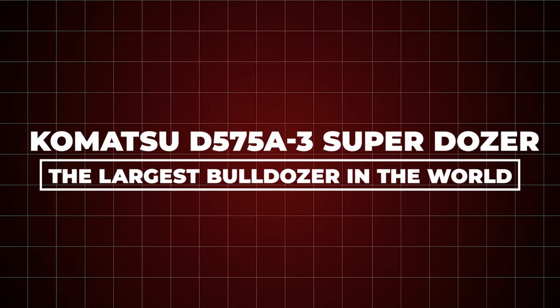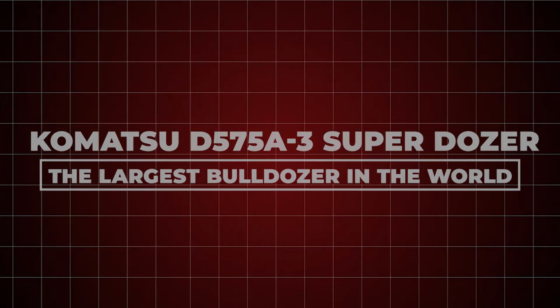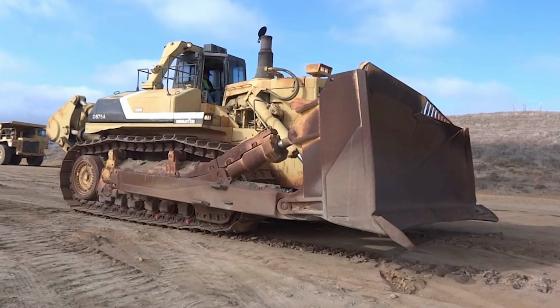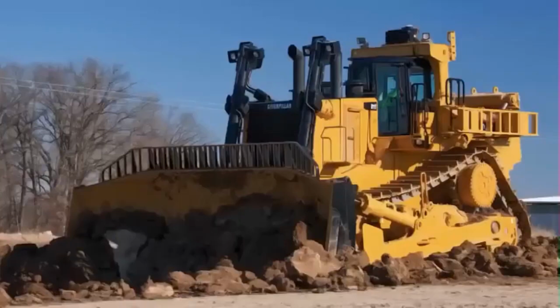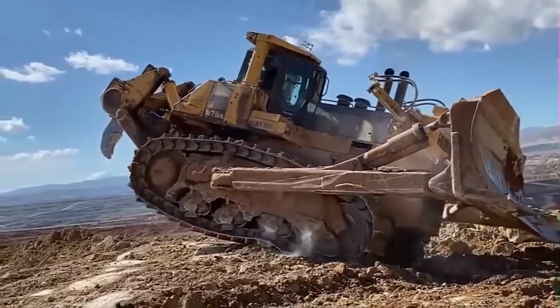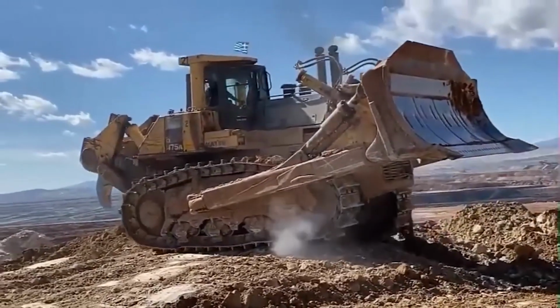7. Komatsu D575A3 Superdozer, the largest bulldozer in the world. If Earth had to pick a champion bulldozer, the Komatsu D575A3 Superdozer would crush the competition. Literally. Built in Japan by Komatsu and introduced in the late 80s, this beast holds the title of the largest